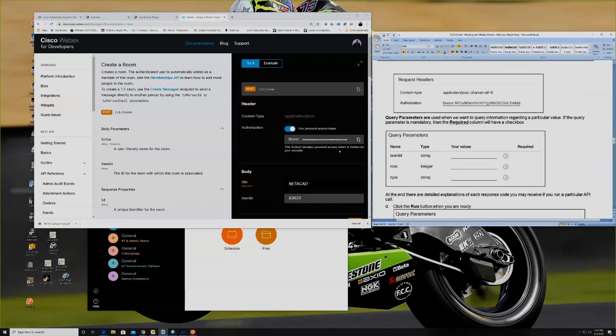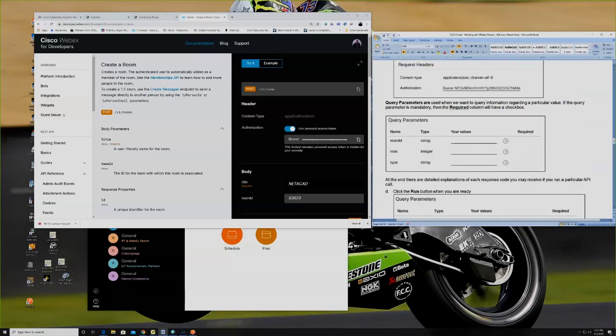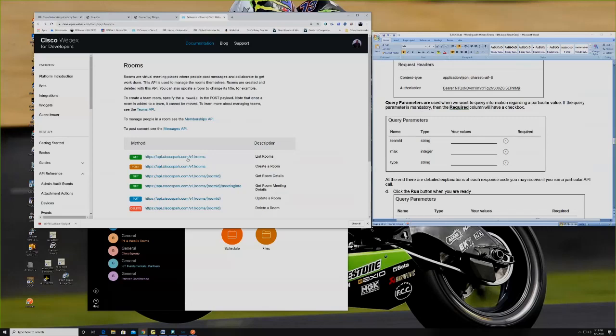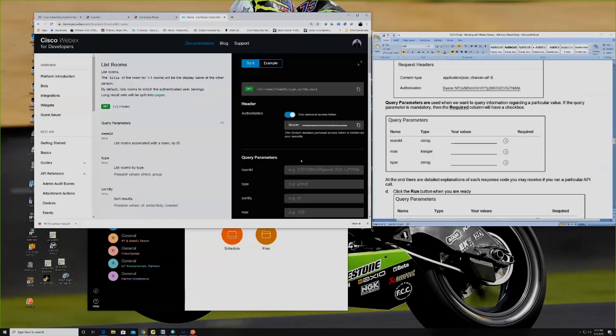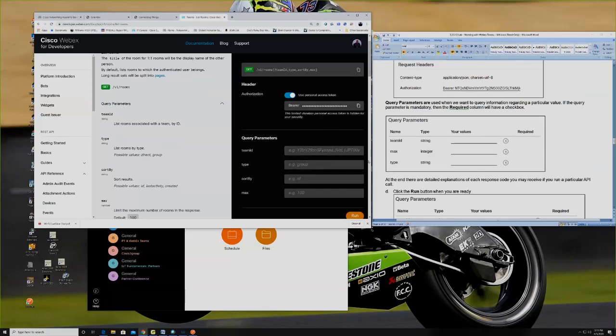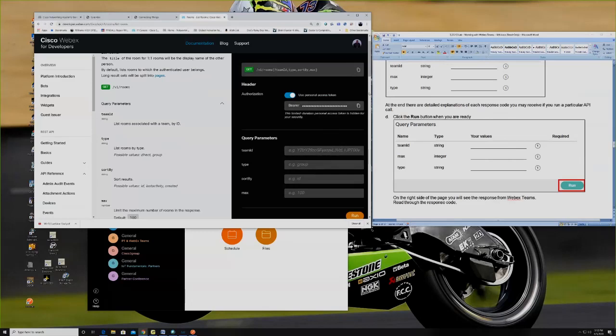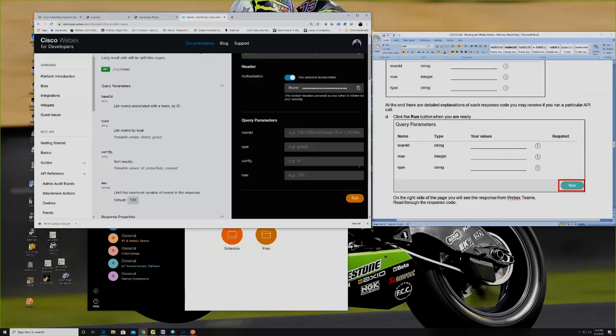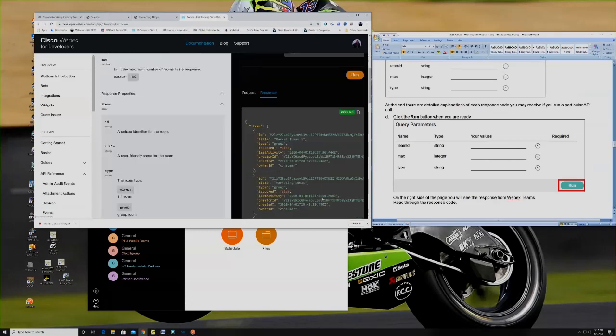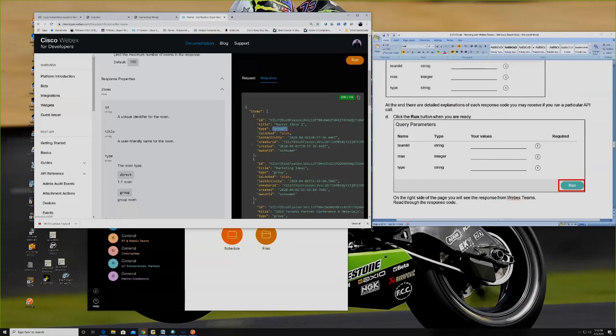So the application type is JSON. It's a JavaScript format. And if you look, this right here is this over here. The authorization is down here, which we're going to use. And they're still using the get as the example. And these name, ID, max type, these are the kind of things that I'm asking about that particular site. And if we run this again,